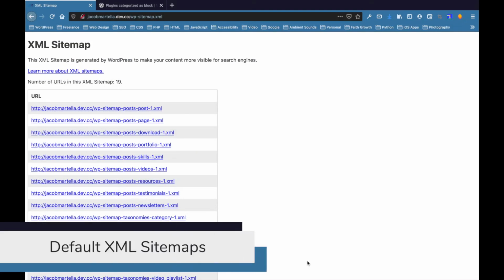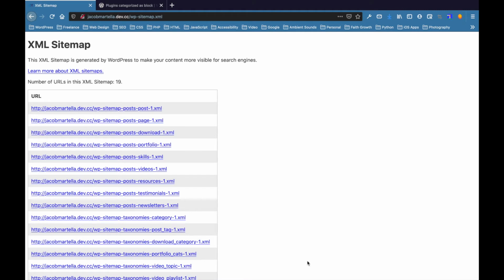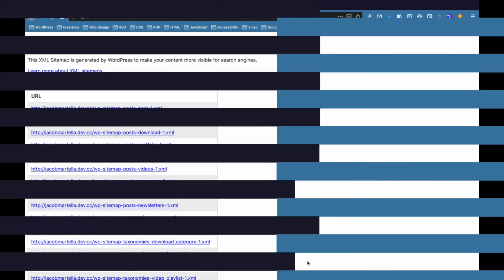Also, a great new feature for SEO is a default sitemap for your website. Previously, you needed a plugin like Yoast SEO or Google XML Sitemaps to generate a sitemap for Google and other search engines. But you don't have to do that anymore. Just navigate to your domain /wp-sitemap.xml. You can then paste that URL into the sitemap field in Google Search Console or in other search engines. It's a little thing that can make a big difference.